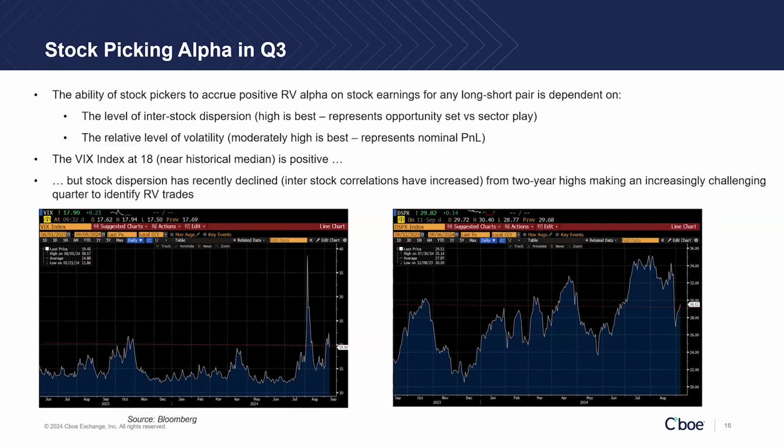By contrast, if stock correlations were low, then you would be able to monetize your correct stock picking abilities much more effectively. So what we're seeing is that as we're moving into November of this year, stock correlations have increased, stock dispersion has declined, making it much more difficult